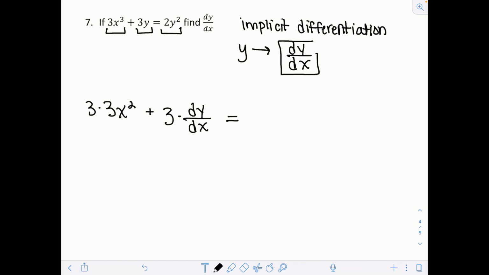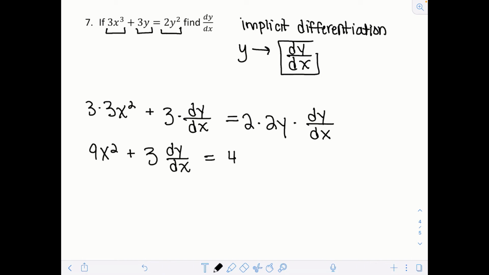So first, just take the derivative and don't worry about the y. So that's going to be 2 times 2y. So if it were an x, we would be done at this point, but again, because it's a y, the last step is to multiply by dy dx. So let me simplify what I have here. So that's 9x squared plus 3 dy dx is equal to